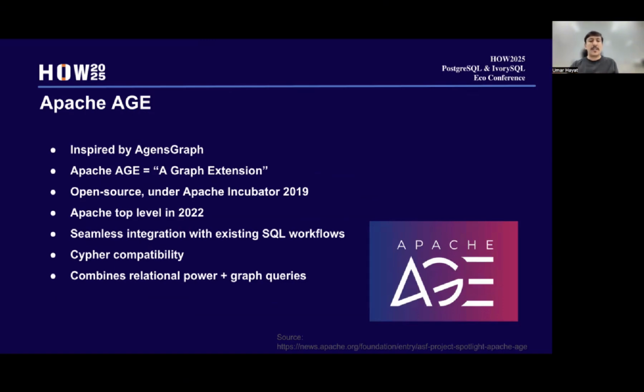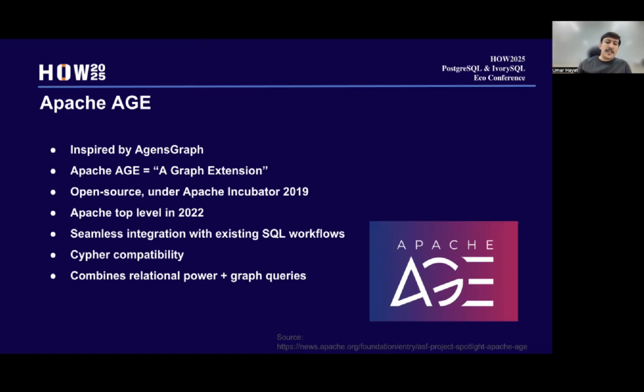So in 2019, Apache AGE, which is a graph extension, started incubation. There was further development in this project, and in 2022 it graduated to a top level project.